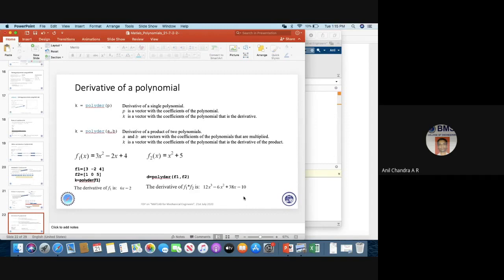You use the polyder derivative; you define what is the p and polyder. You can quickly solve that. This is the expression. You define f1, you define f2. Just type polyder, you get the derivative of the polynomial. And if you write polyder f1 comma f2, it is going to multiply these two polynomials and then give you